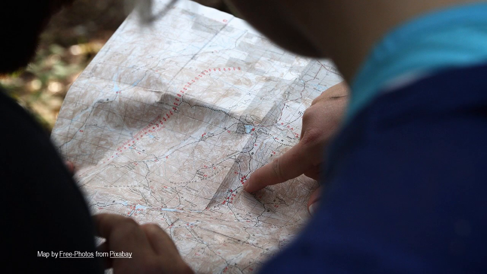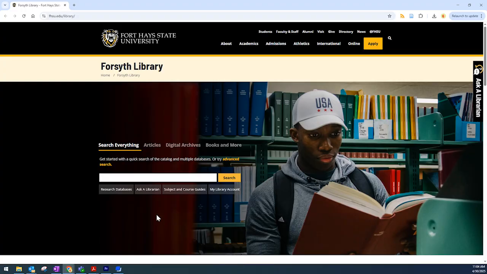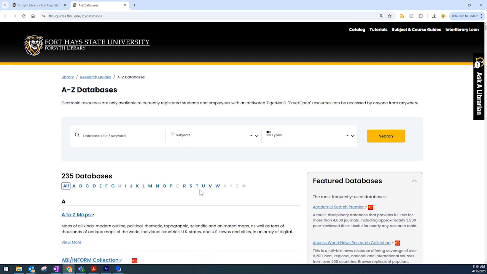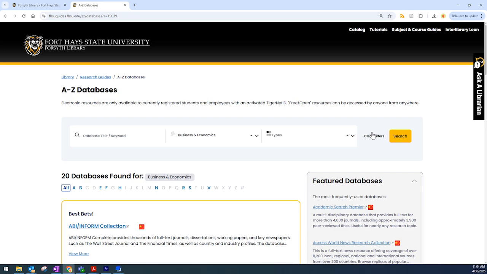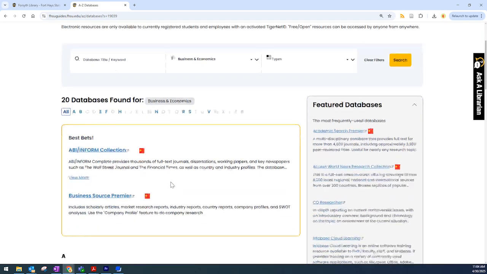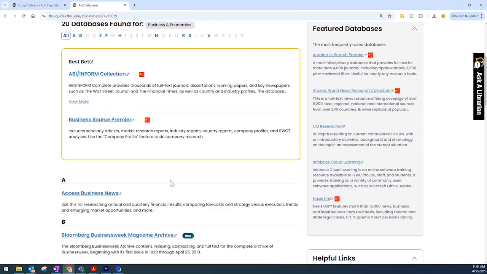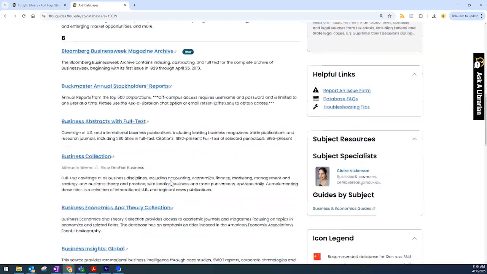The first step in being more subject-specific is where you search for resources. Instead of using the Search Everything tool on the library homepage, click on Research Databases and select your major or discipline from the subject drop-down menu. The best bets are recommended resources for your subject area, but you should get to know each database on your subject area list so that you can make informed decisions of which tool is best for the information you're looking